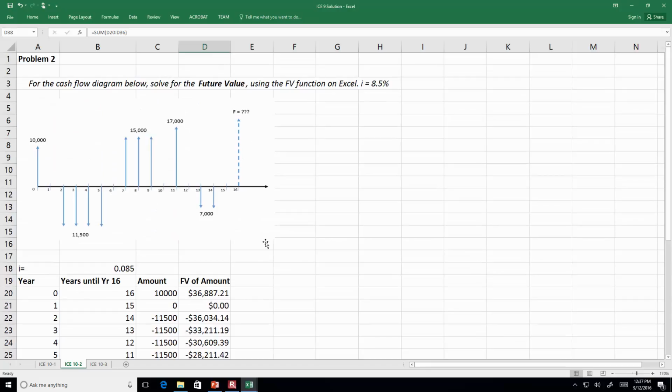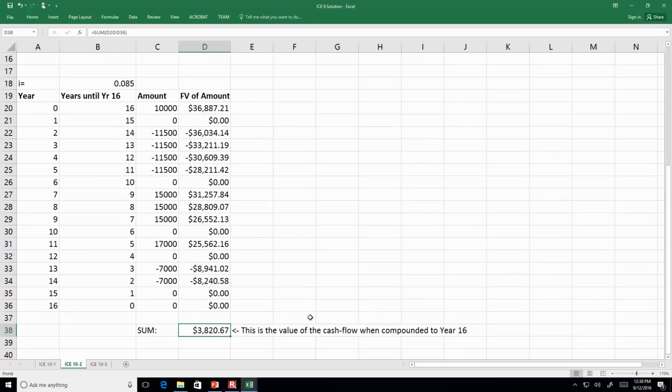Let's talk about practically why would you need to know the future value. Well, let's say that you're trying to figure out how much all of this cash flow would be worth as a future sale. Like, let's say you're going to sell your business, and this is what you anticipate for your business during the coming years. You know that you're going to get 10,000 today, and then you're going to have to make some investments and so on. If you're trying to figure out how much your business would be worth in year 16, this tells you that you could sell this cash flow, or this series of investments and revenues, for 3820